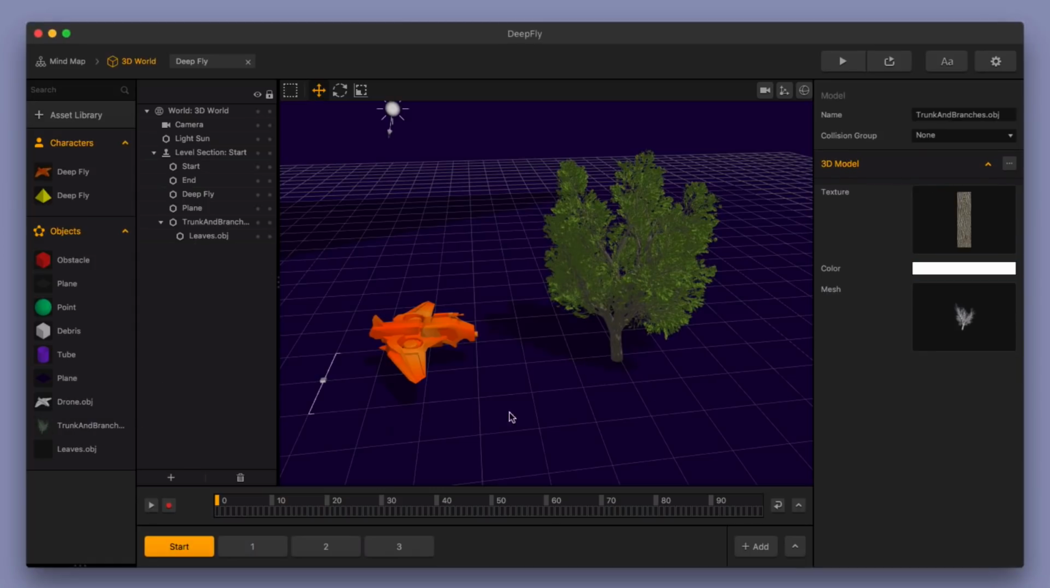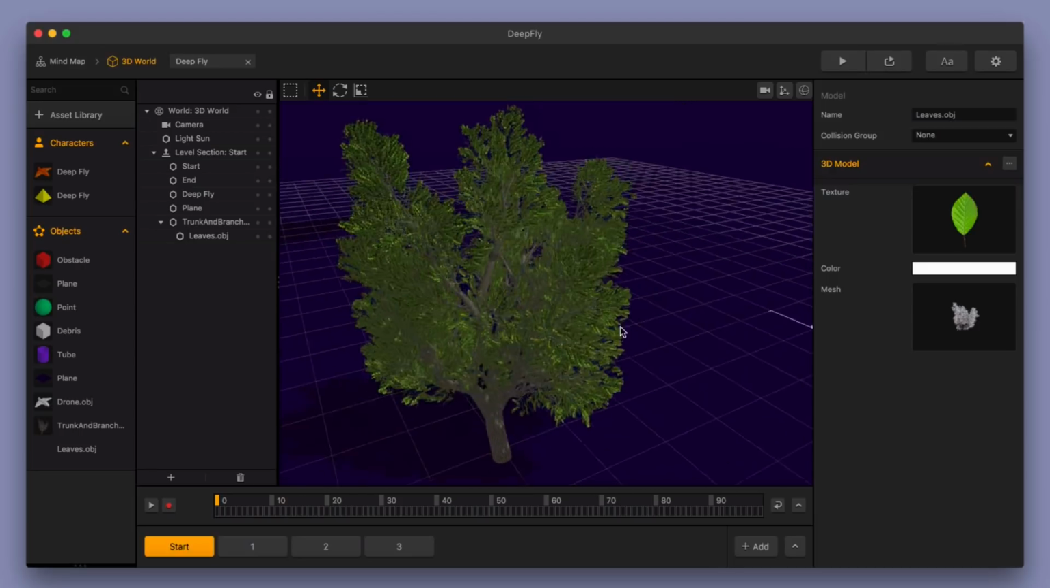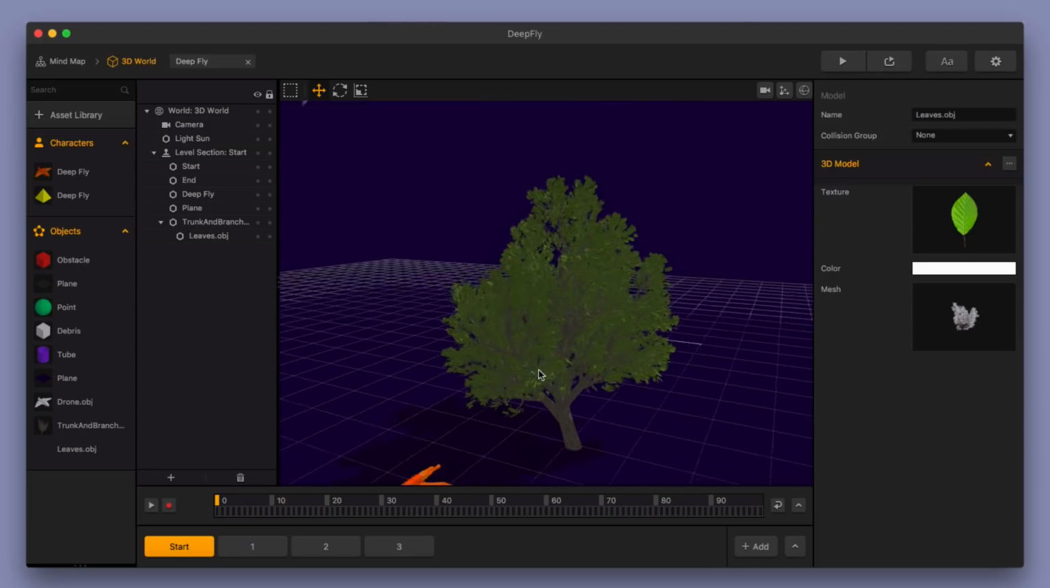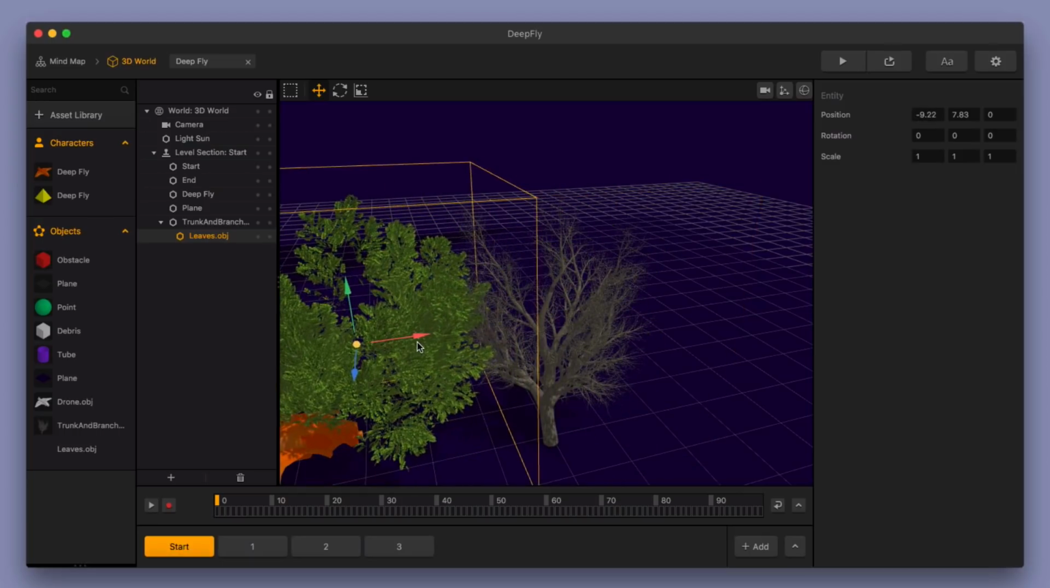So I have the trunk here set up with the bark texture, and I've got the trunk and the branches mesh here set up as well, and then I've got the leaves set up with the leaves texture, and you can see it here together, put together in our scene, and it looks really cool. And you can go ahead and, I'll show you, you can move these leaves separately from the tree and the